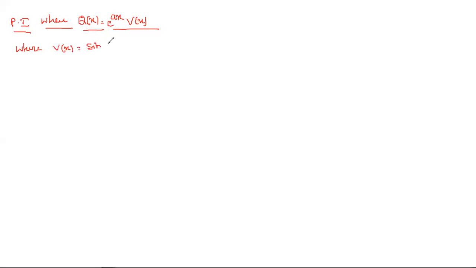sin(ax plus b) or cos(ax plus b) or x power k, any one of that. So it means it is a multiplication of e power ax into sin, or e power ax into cos, or e power ax into x power k. Here we already wrote it, so simply you can write bx plus c, or bx minus c, and the polynomial. And one more thing, this is applicable for e power minus ax also.